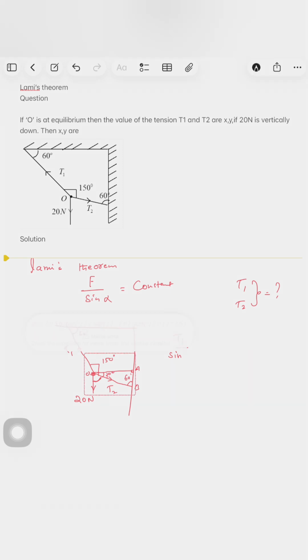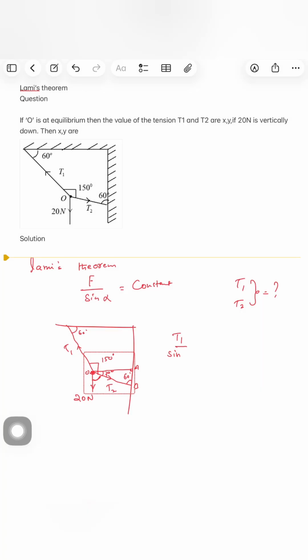So 90 plus 60 is 150, and 150 plus 30 is 180. So this is 60 means what is this one? Sorry, this is 30, then this is 90 minus 30. So this angle is 60 degrees. So the angle between T2 and 20 is 60. So T1 divided by sine 60 is equal to the other force, which is tension T2 divided by sine of